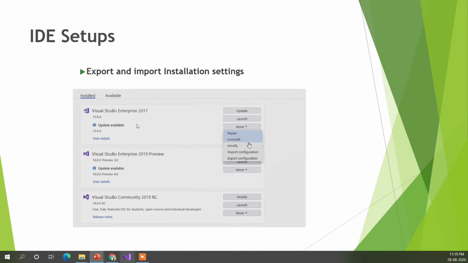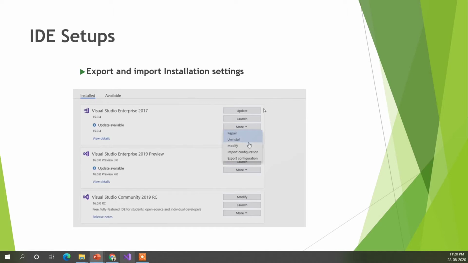In order to use the default settings, like if you are a C# developer and have pre-selected packages for web related and WPF and everything, you can just use export configuration from your already installed Visual Studio versions, and you can use those export settings in the new Visual Studio installation settings. By that you can save a lot of time by choosing it in a pre-installed environment. So this is one way we can save time while installing it.